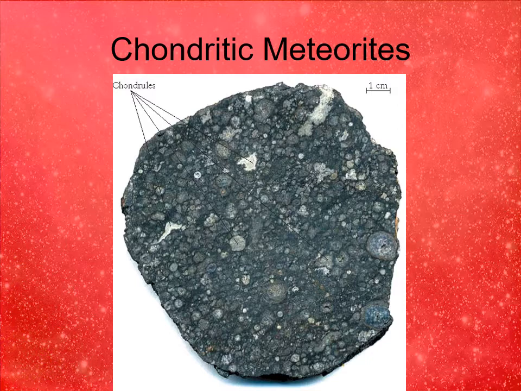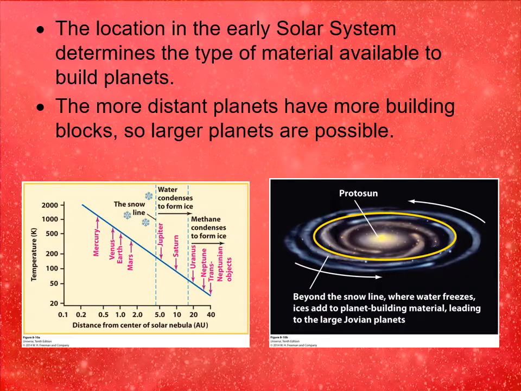But this allows for these planets to build up. Now, one of the things that we notice is that for planets that are near the protosun or protostar, then they're going to be warmer than ones that are farther out. Well, remember, hydrogen is one of the most common things in the universe. We discovered that carbon and oxygen and nitrogen are byproducts of nuclear fusion inside stars. And so